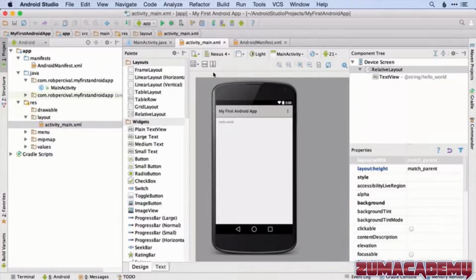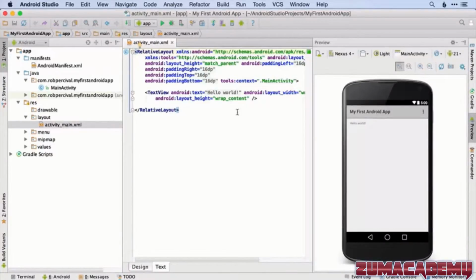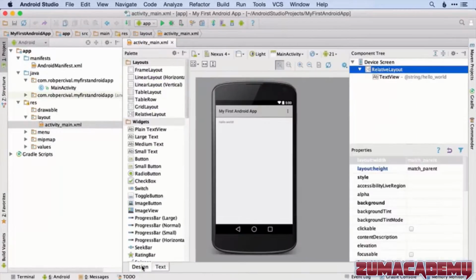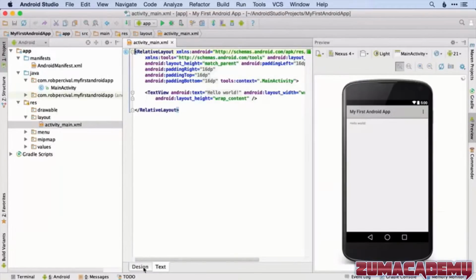using those buttons there. And if we click the little page button there, that takes us to another XML file, which is the code for producing this layout here. So all the information on this layout is stored in this code. And we can actually switch back and forth between the code and the design just by clicking those tabs at